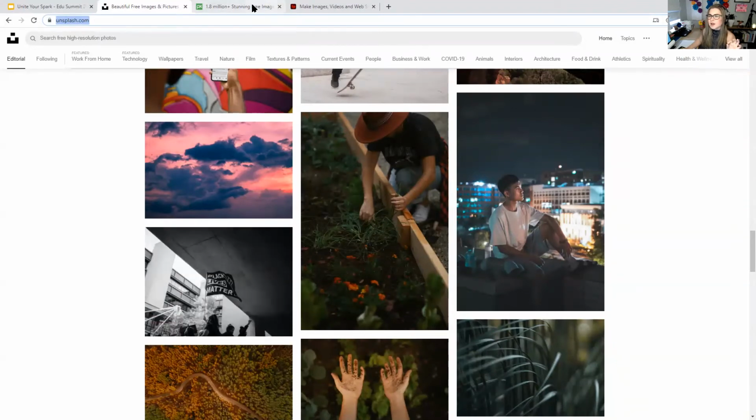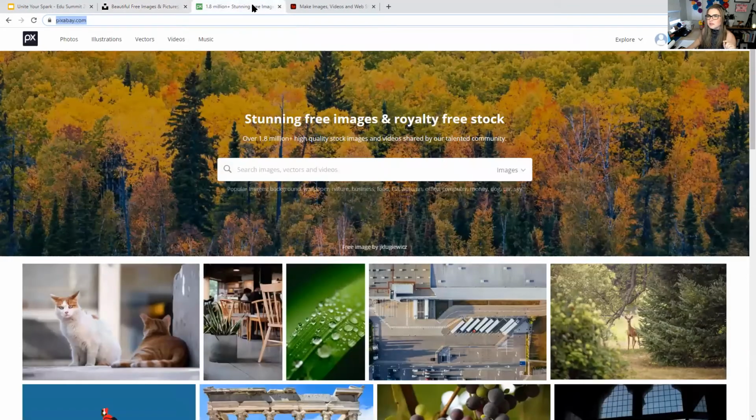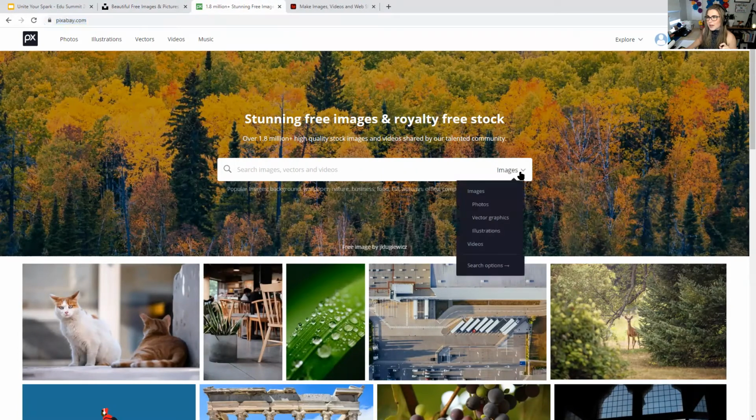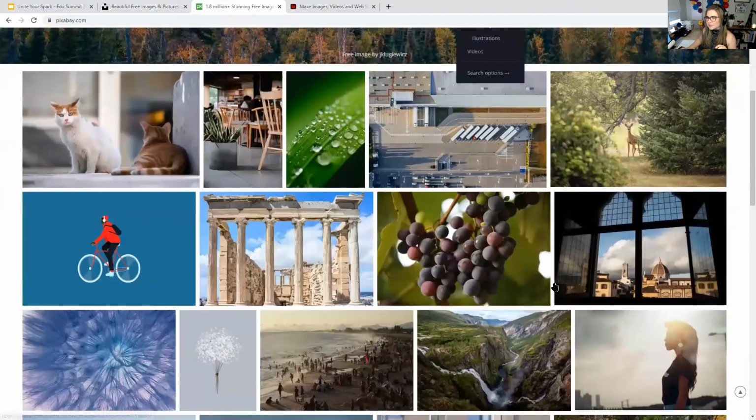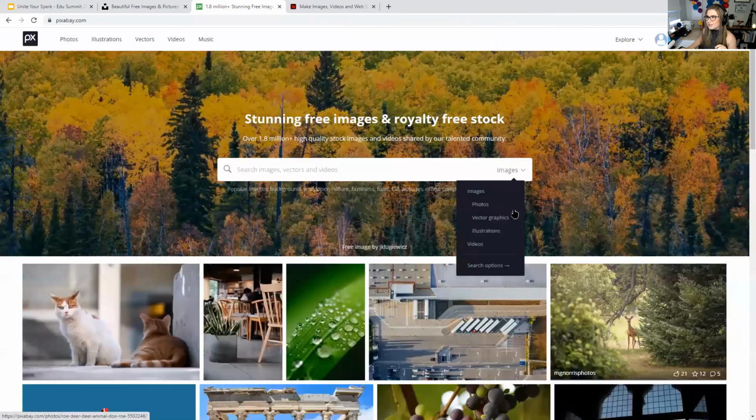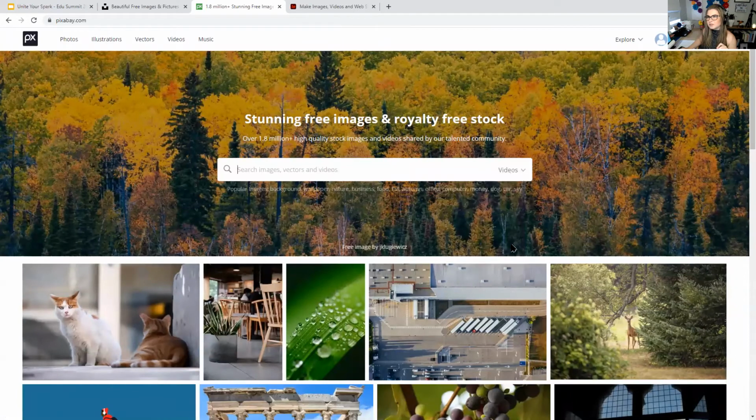and white or a little bit stylized, if you jump across into Pixabay, not only does it have free images, it also has other kinds of assets that you might find really helpful. They have photos, they have vector graphics, they have illustrations, and they have videos that are available for you to access and download. So even though right here, it may have very similar looking photos to Unsplash, if I select the drop down here and go into videos,